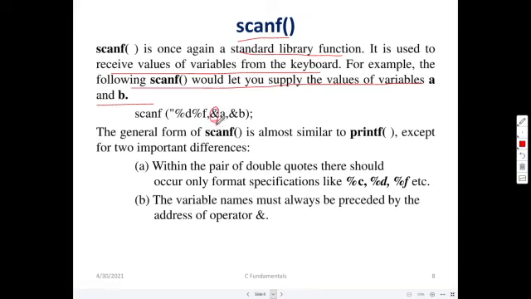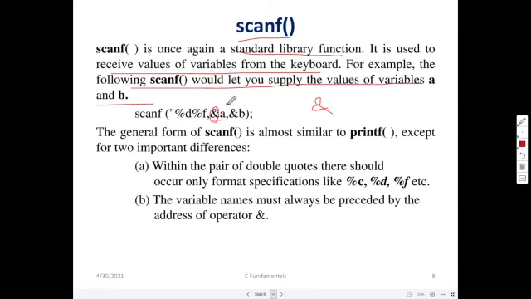As far as C is concerned, this symbol is called the address of operator. This is a unary operator. As far as pointers are concerned, this is of major use. Ampersand and star are two unary operators, called the address of operator and the value at the address operator.